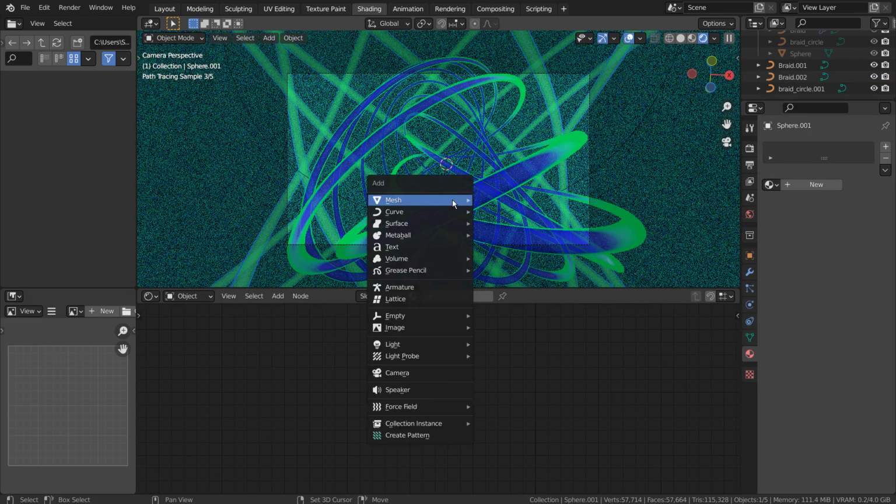I'll create an empty object, and use that as the camera's depth of field object.